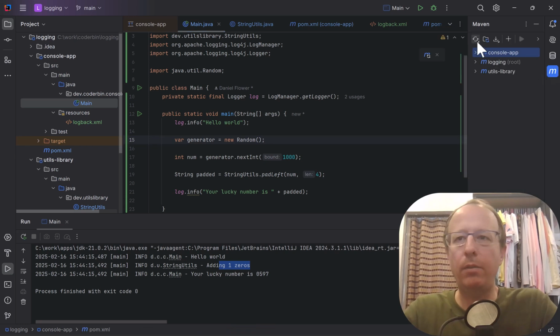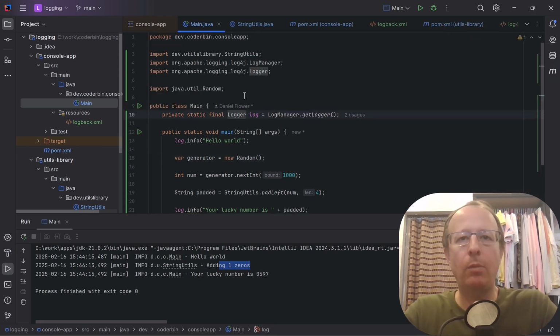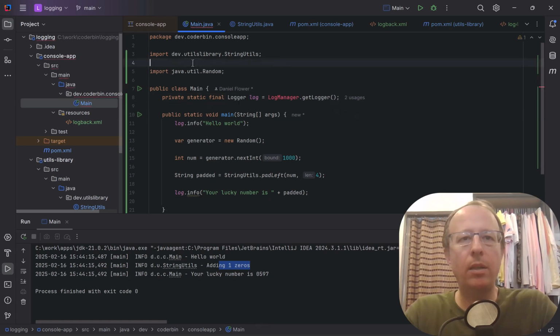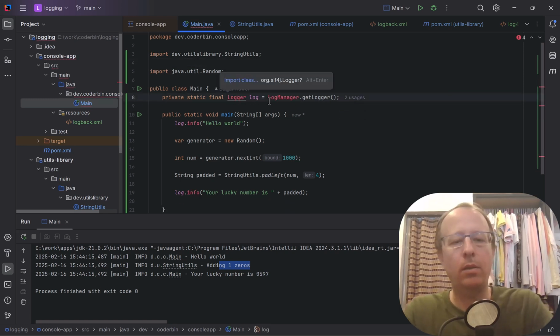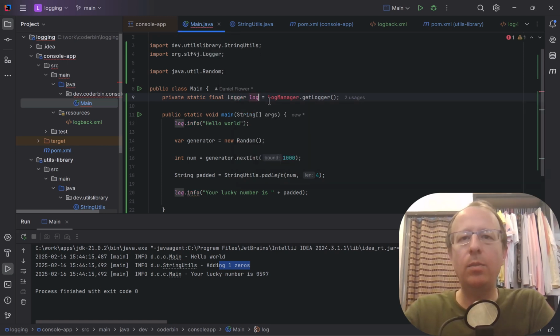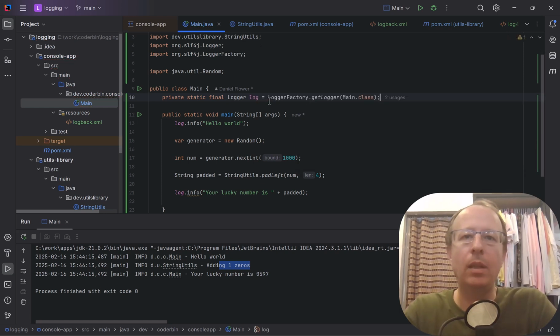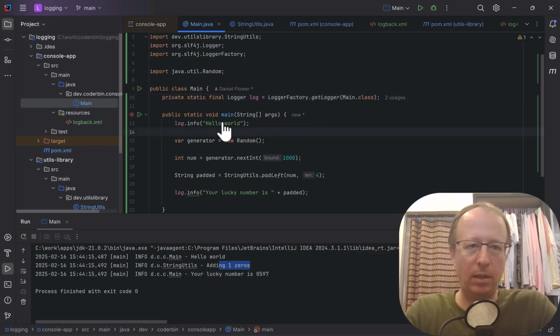So finally, if I refresh our Maven project to get Logback, we no longer want to use these Apache logging libraries. So we're going to use this SLF4j logger. Now this is because Logback is an implementation of the SLF4j library, which we're going to go over shortly. Initializing the logger is similar to before, and using it happens to be the same as well. So let's just log this and see what happens.